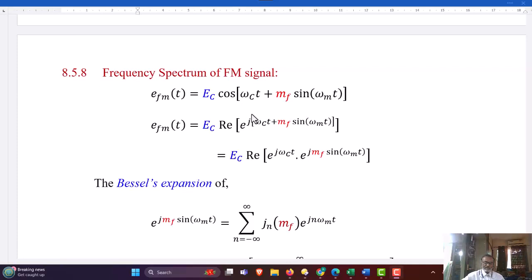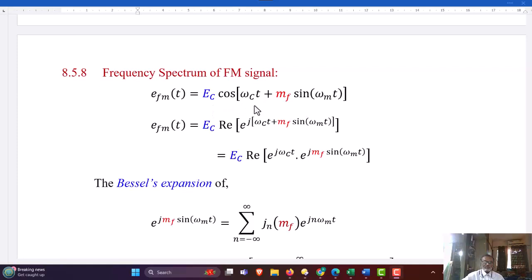On x-axis there is frequency, and on y-axis there is amplitude corresponding to the particular frequency component. So we repeat here the expression of frequency modulated signal, that is EFM of t is equal to EC